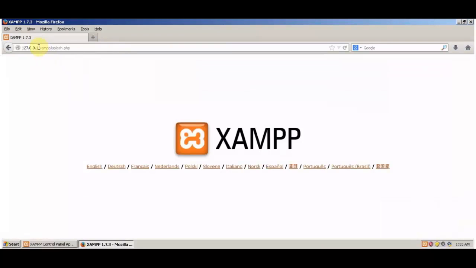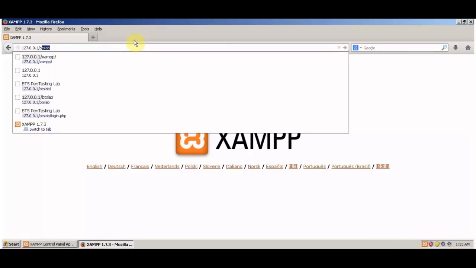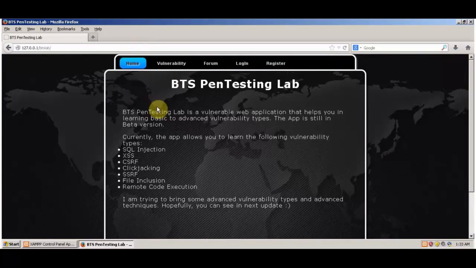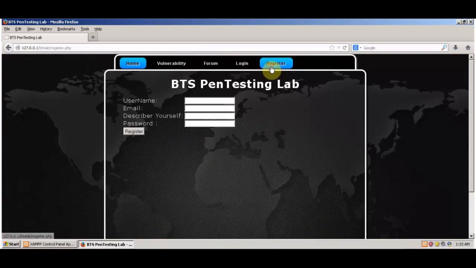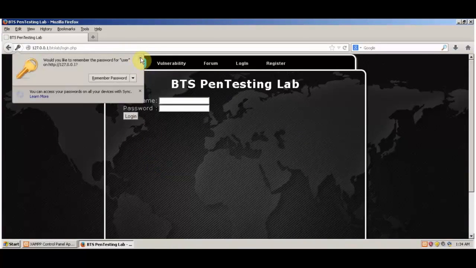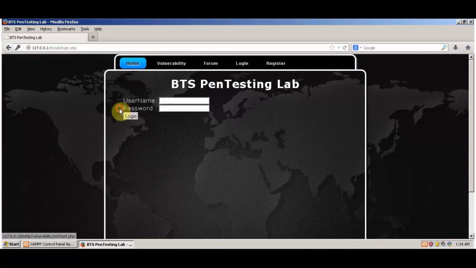So we're going to go ahead and check out our localhost. It's working perfectly. So we're going to check out BTS Lab. Installing this is again a pretty easy job. We're going to register an account in BTS Labs. We could give any random username and random mail ID. After we are done with the registration part, we're going to give in our username and password